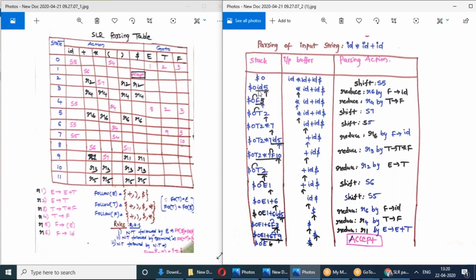That means this id will get replaced with F, and this 5 is also removed. Why are we removing this 5 also? If you observe here, how many symbols are there? One symbol, and 1 into 2 is 2. You can count here, 1, 2. These two have to be replaced with F.